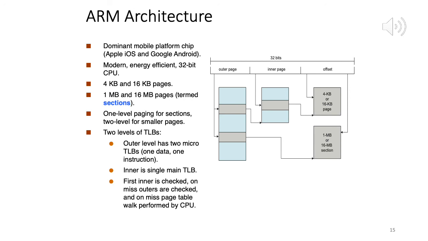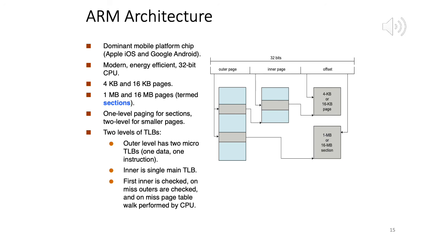Okay. So two levels of TLBs are also used for speeding up the address translation. Outer level has 2 micro TLBs. Inner has a single main TLB. So even within the TLB, there is more hierarchy, inner and outer level. The inner one is faster, which also means that its size would be smaller than the outer TLB. So the translations which are extremely popular, you can put them in the inner TLB, and ones which are a bit less popular, still popular, you can put them in the outer TLB.